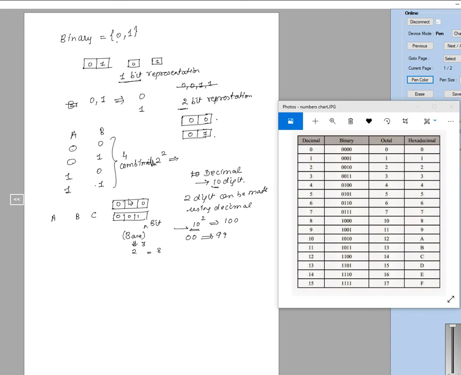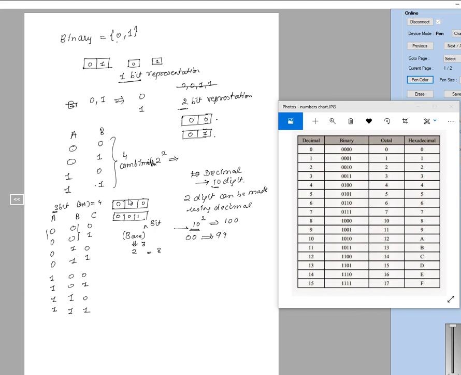Now how do you represent the 8 combinations? I am giving you an easy method. Since you are using a 3-bit number, just add 3 plus 1, which is 4. Write 0 four times, and then write 1 four times. Now halve it: half of 4 is 2. So 2 zeros, 2 ones, again 2 zeros, again 2 ones. Now halve again: half of 2 is 1. So 0 1, 0 1, 0 1, and 0 1, right? These are all the possible combinations of 3-bit binary numbers.